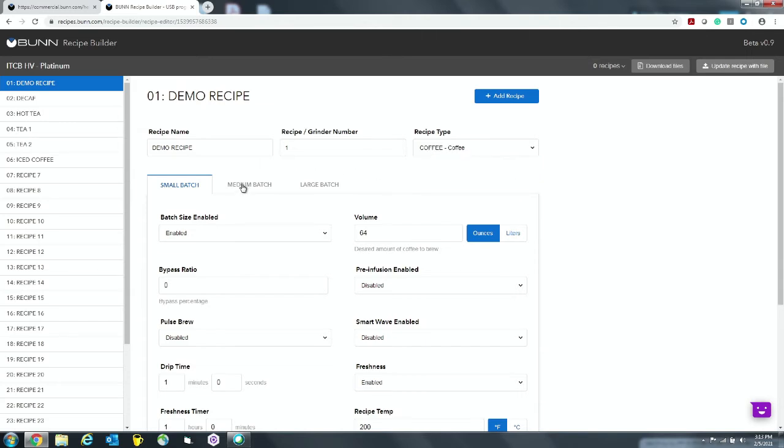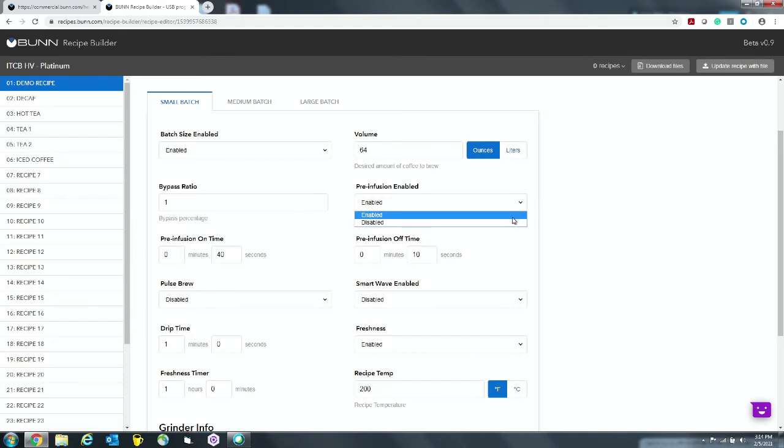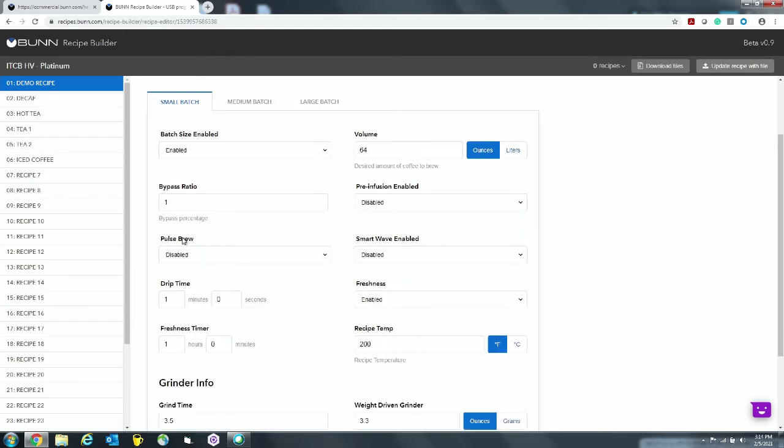Select which batches you would like to edit. Once a batch is selected, you can begin or enable a batch size, edit the volume, the bypass ratios, enable or disable pre-infusion, pulse brew, smart wave, drip time, freshness time,